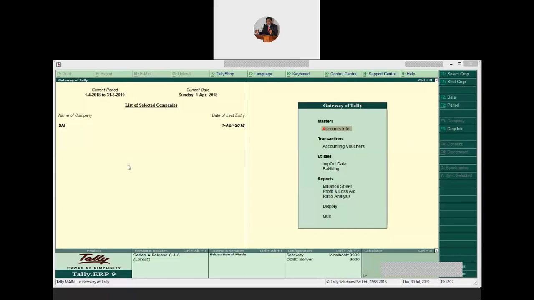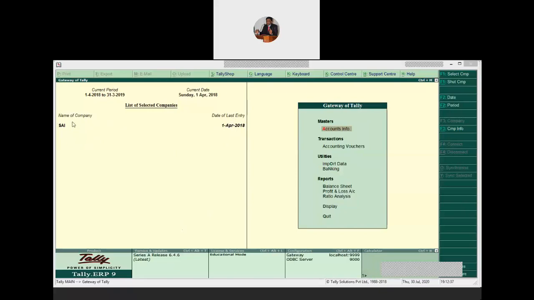Then coming to the main work area. The main work area is again divided into two parts, the left hand side and the right hand side. The left hand side of the main work area provides information on the date and list of companies loaded, and these are displayed here.